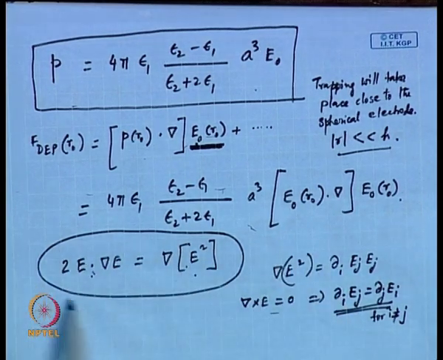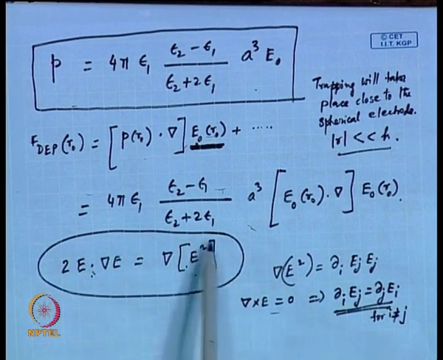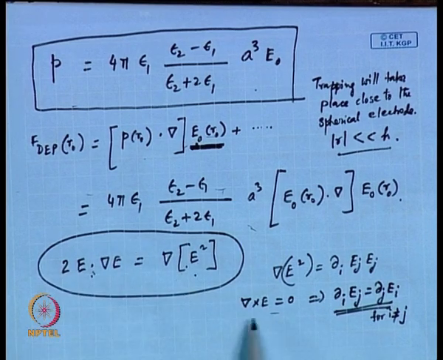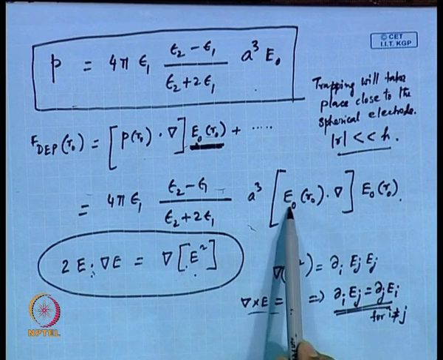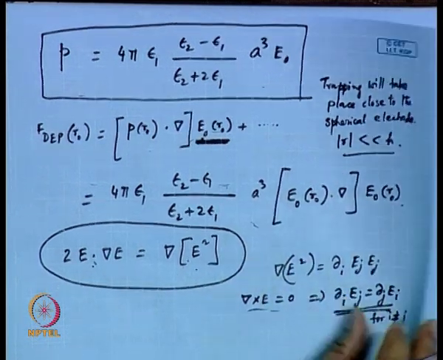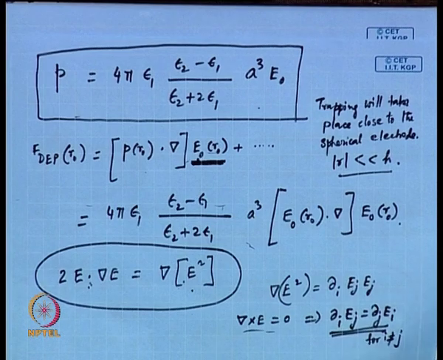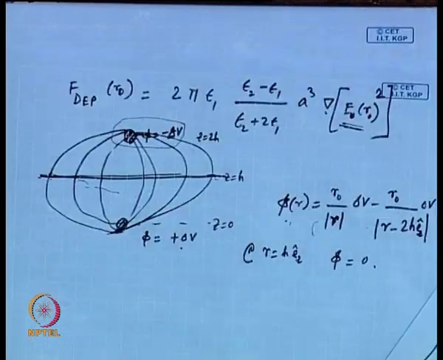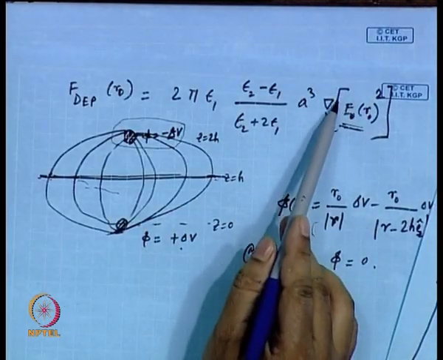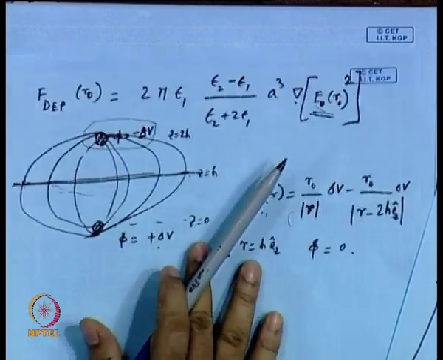And there was this identity that was utilized. This identity could be utilized since del cross E is equal to 0, and that identity has gone in to find this E dot delta E. Instead of this, this allowed us to write this as delta of this thing squared, and then we are going to obtain